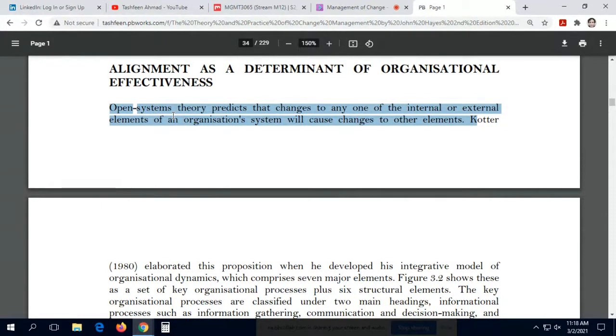I'm just guiding you through, making some points, so you maybe pay more attention to these when you are reading, but that does not mean other things are not important. Yeah. So look at this. Open systems theory predicts that change in any one of the